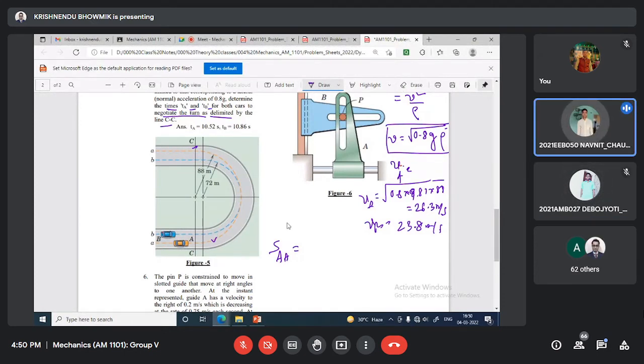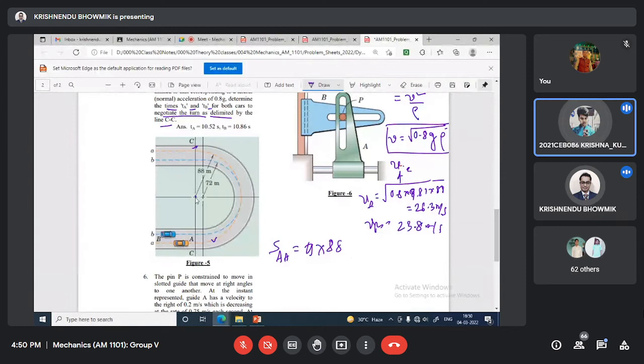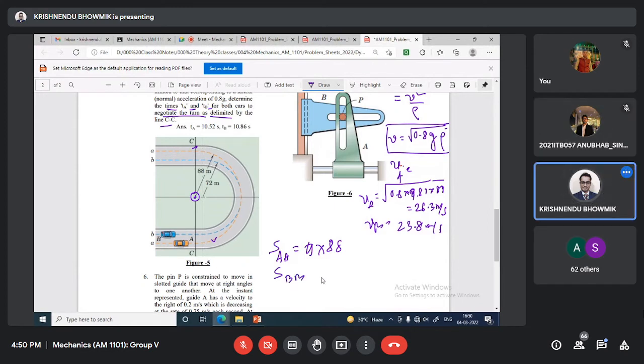88 pi plus... Pi multiplied by 88. Anything is plus? You try. No, sir, understand. 2 times. This is the center. No, this is the center. No. Then, sir, 88 SBB will be pi multiplied by 72 plus